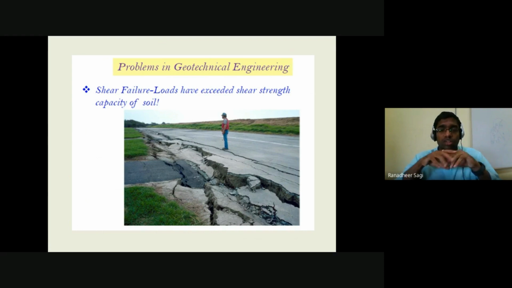Say it is an expansive soil. The behavior of that soil is, when water is added to that soil, whenever additional water gets added due to rainfall or whatever reason, the volume of the soil increases because of the montmorillonite mineral present in that soil. So when the volume of the soil increases, you would see an uplift happening in the surface of the ground. And when there is a reduction in moisture content in the soil, the volume of the soil decreases. And when the volume decreases, you might see shrinkage happening in the soil, resulting in what is called crack formation, which is an indication of failure in that particular pavement surface.